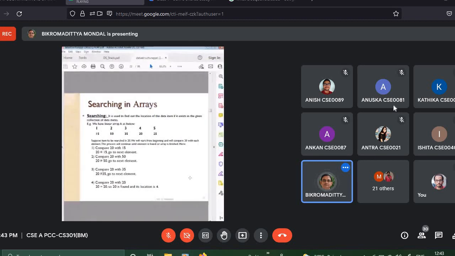Take duplicates of different values, run your program with different sets of values, and check whether your program is working or not. I hope it's very, very interesting, because the searching operation will be involved there.